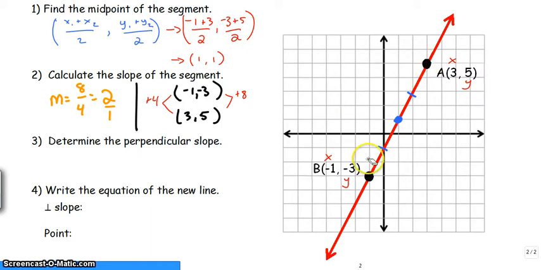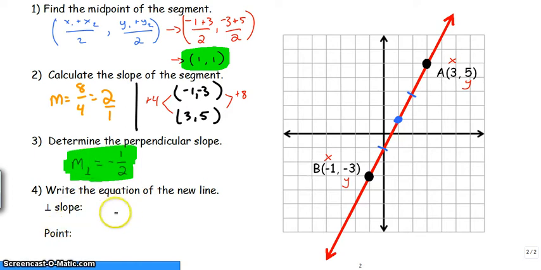I need my new line to be the perpendicular line to this one. This one has a slope of 2 over 1, which means that the slope of any line perpendicular to it would have to be the opposite. So this is positive, this will be negative. And the reciprocal, that's 2 over 1. This will be 1 over 2. Important steps now. I take the point that I do know is on this new line because it intersects at this point here, and the slope of my new line,